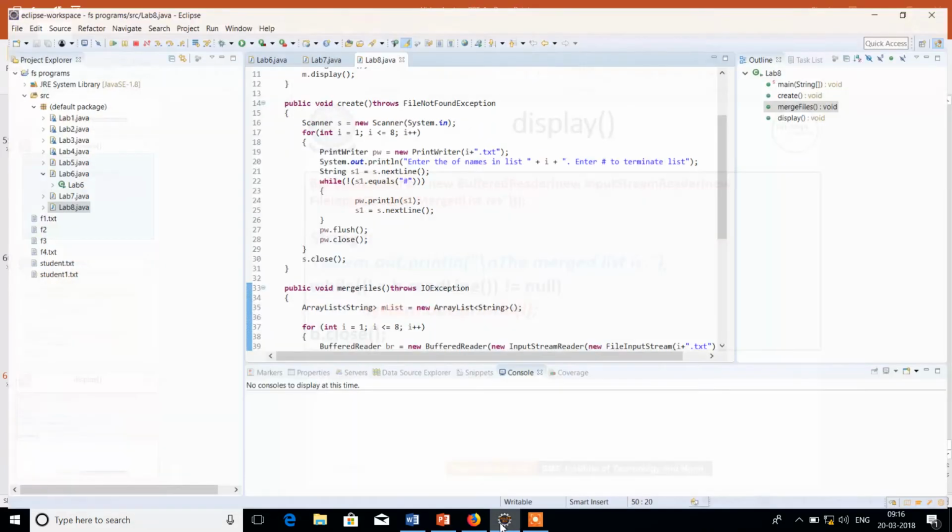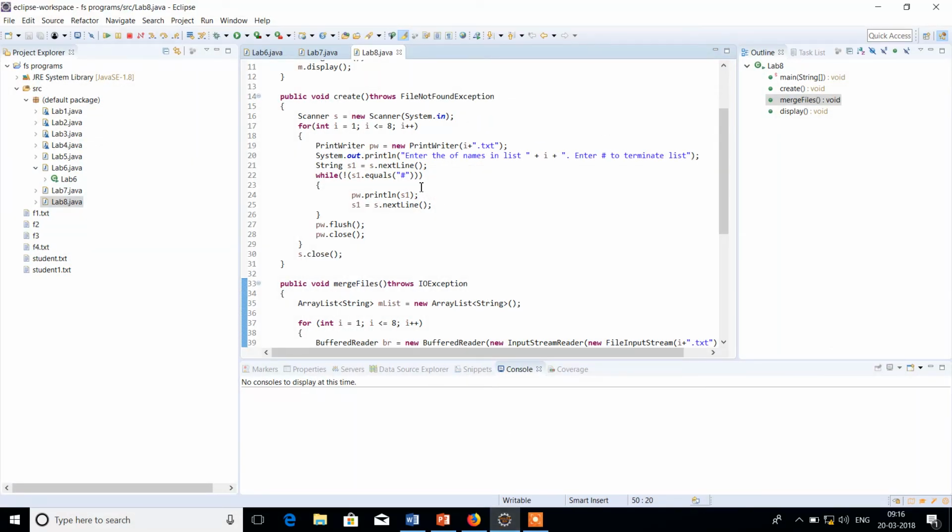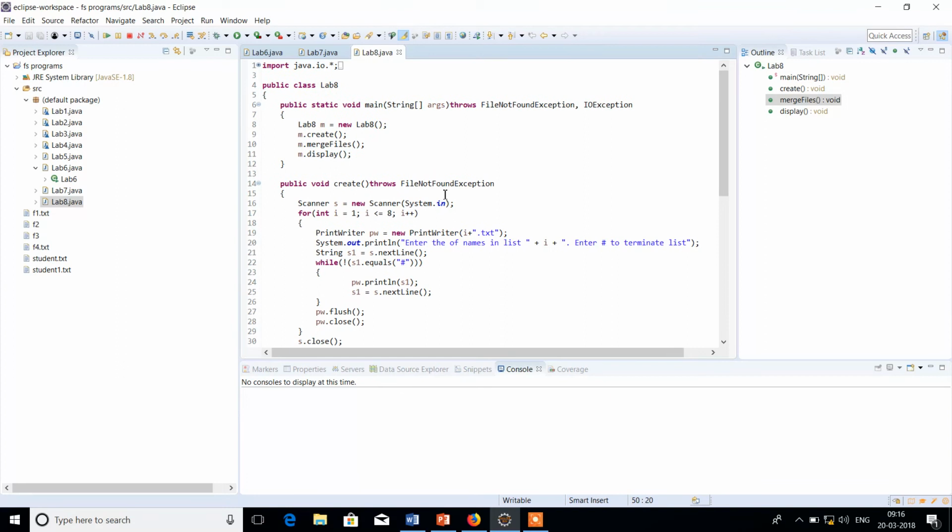Now let us see how to execute this program, basically the demonstration of the program. Here we have written a main function, and M is an object that we have created. We are going to invoke three functions: the create function, merge files, and display. Now here we have written a function called create function. In the create function, we are going to create 8 different lists,